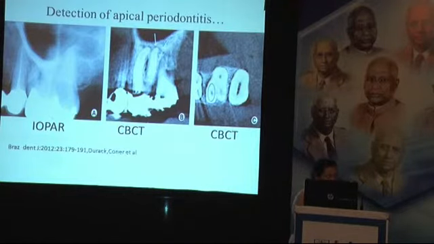Now I have come up with the various cases. In case A, in picture A rather, there is an IOPR. You can hardly make out any detection of what has happened. But when we go for CBCT, we can see that there is mineral loss and bone loss has occurred. In the early stage, it can be detected. And in the third picture, when we search for a canal, we don't need to remove excess dentin in search of an extra canal. We can go for CBCT to determine whether there is a canal or not.